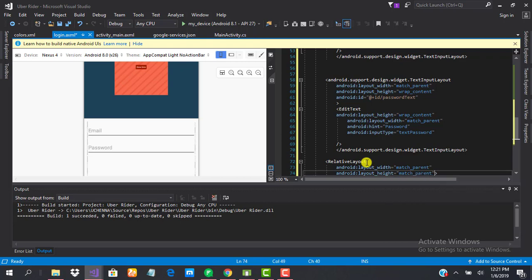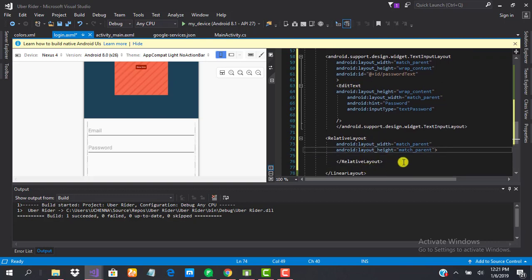So set that to match_parent. So we're going to define our button inside of it so that we can align it to center. Okay, so define a button and add the attributes